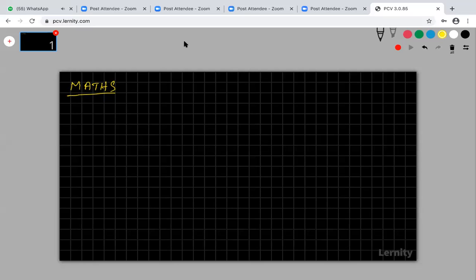Send me a WhatsApp, I think you have my number, and I will send the PDF. In the second chapter, relations and functions, sum, difference, product and quotient of functions are deleted. And in the third chapter, yes, I will send it after 4:30, after the class. This is not the right time.